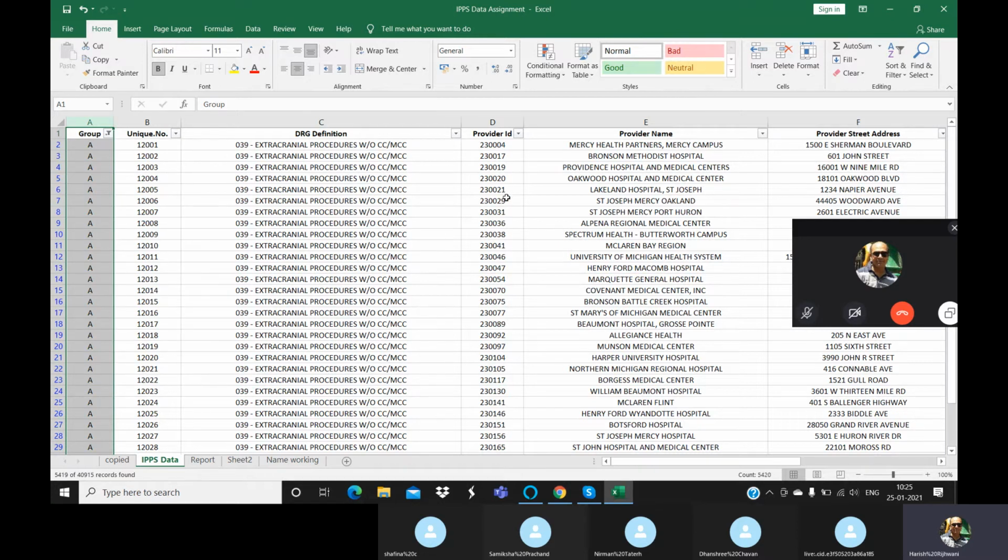Here you see 5,400 records, right? We have to select this data into a separate sheet. We don't want to take the entire data. That is why I have created different groups. Data is there for different groups. So do Control A. Yes, sir. I'll do the rest. I guess I missed that step. Yeah, no worries.